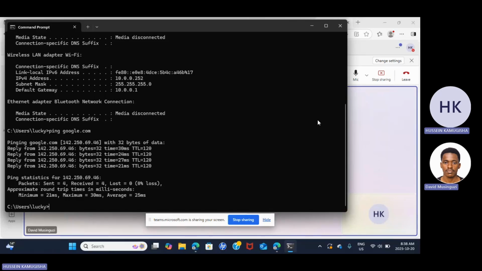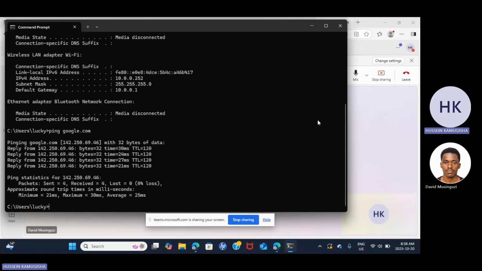Now the next command is the tracing network path command. What do you remember about it? The tracer command, you use it to see the number of hops, how many IP addresses you jump on before you connect to the main server.